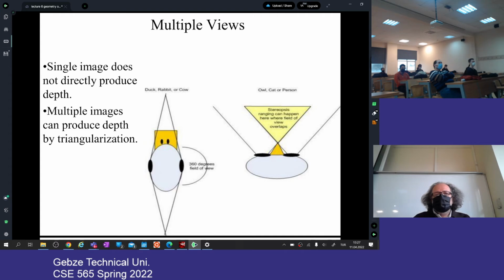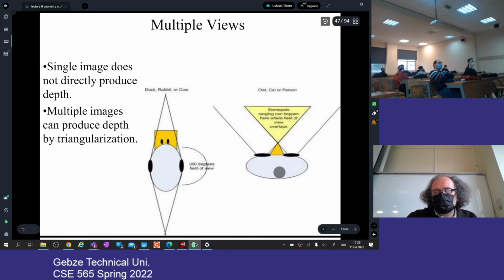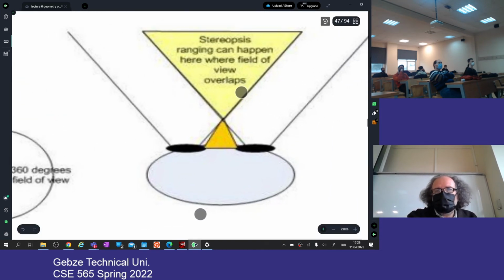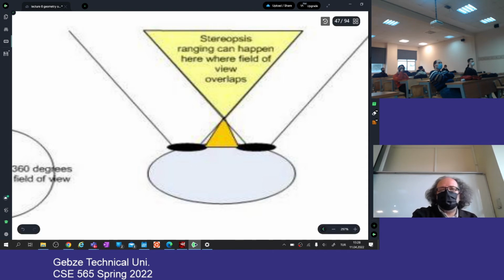Okay, so let's go back to our definition of the multiple views. We said that a single image does not directly produce depth. Multiple images can produce depth by triangulation. We said that, and many living things use this for their advantage, but only these kinds of living things do that. So this is like the stereo vision system of humans, eagles, lions, wolves,